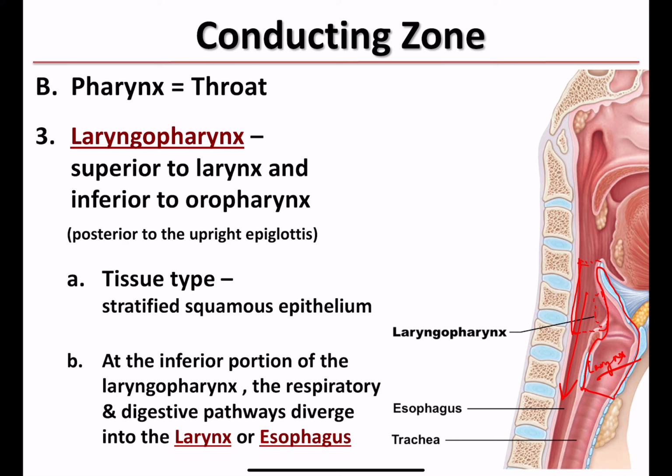This stretch of the pharynx that lays posterior to the larynx is called the laryngopharynx. The tissue type here, again, is stratified squamous epithelium because, like the oral pharynx, this is a conduit, all right, for food. And again, like I just said before, it's at the inferior aspect of the laryngopharynx that you see the division between the respiratory tract and the digestive tracts. Where the laryngopharynx is continuous with the esophagus, this is where we see the beginning of the digestive system, all right? And then where the laryngopharynx gives way via the glottis into the larynx, this is the beginning of our